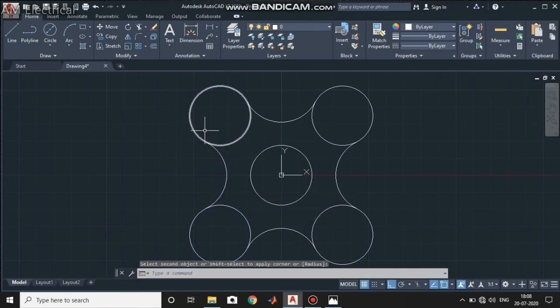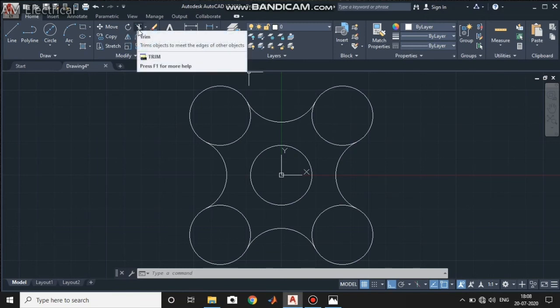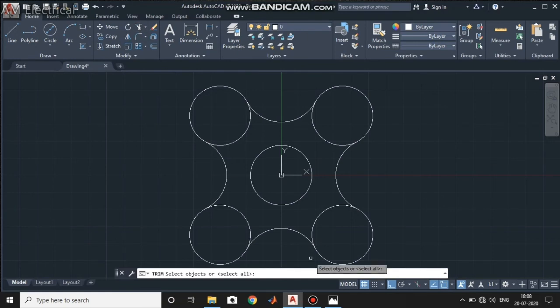Now we have to trim off this unwanted portion. For that, go to the trim command here, or you can also write trim. Now select the trimming edges, enter.